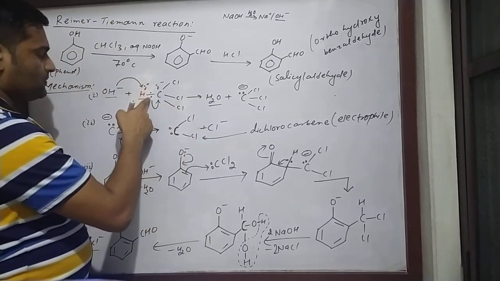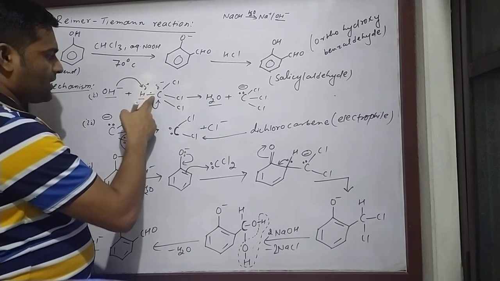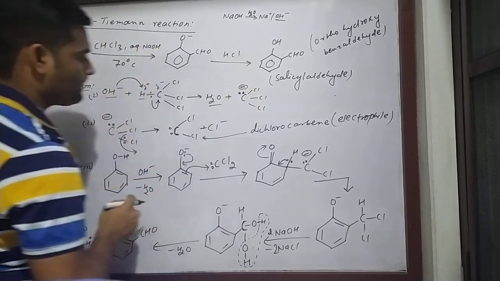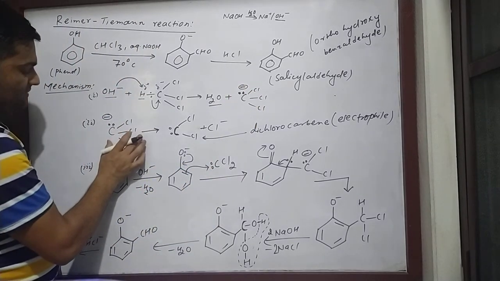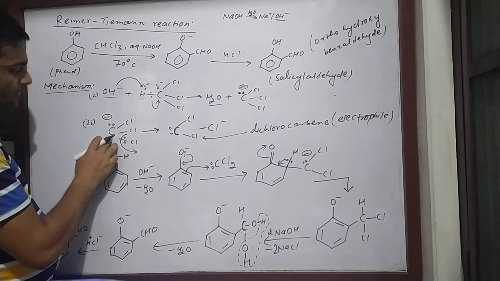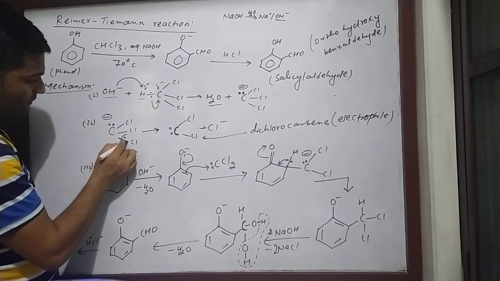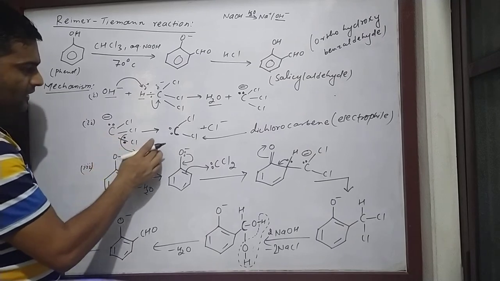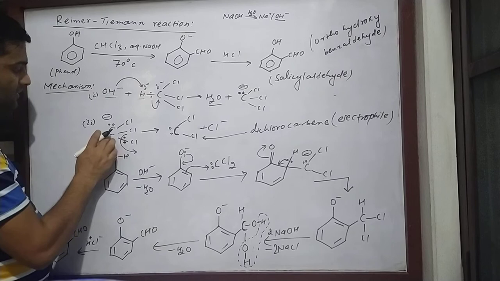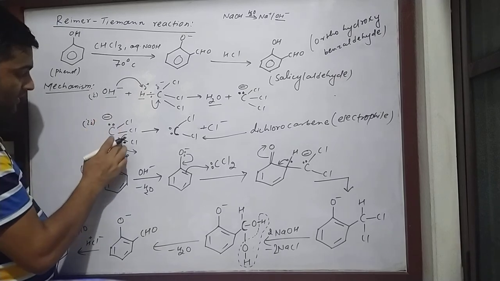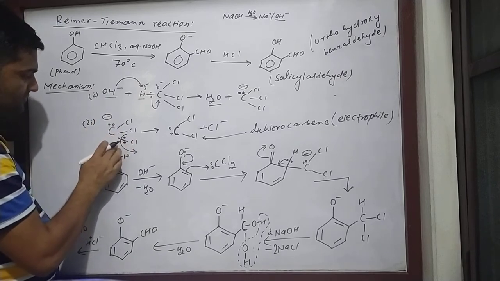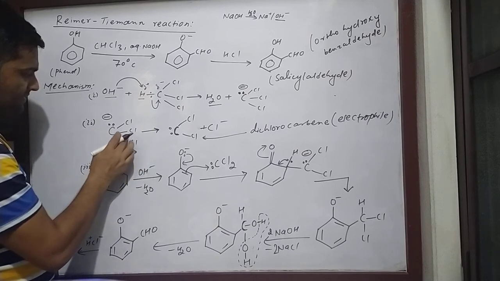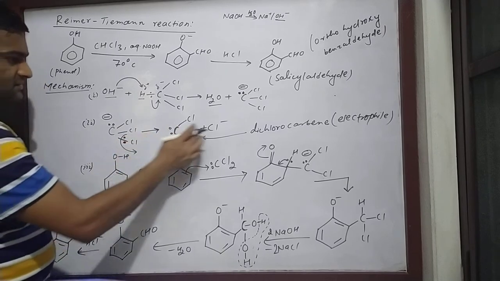When the lone pair of electrons between carbon and hydrogen shifts onto carbon, it gives a lone pair with negative charge, a carbanion. In the next step, what happens in this carbanion? Another chlorine atom is removed as Cl minus. Because this carbon already contains a negative charge, the electron pair does not shift towards this carbon, and Cl is removed by taking the electron pair as Cl minus.